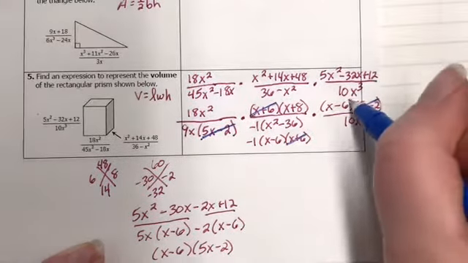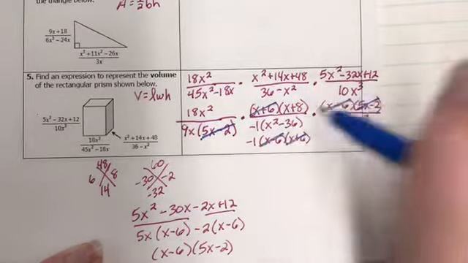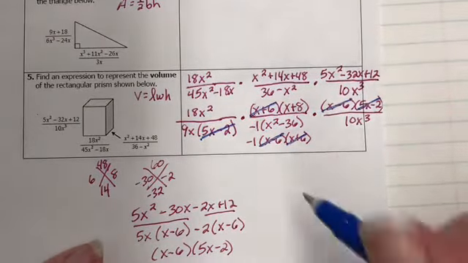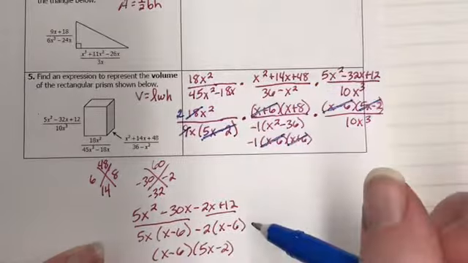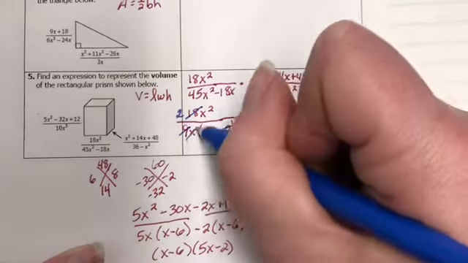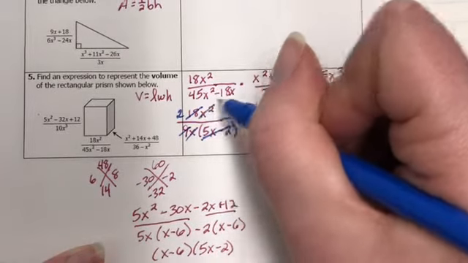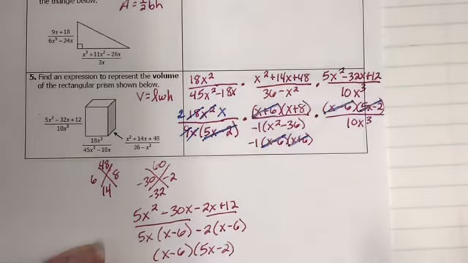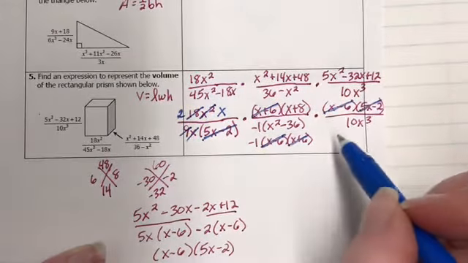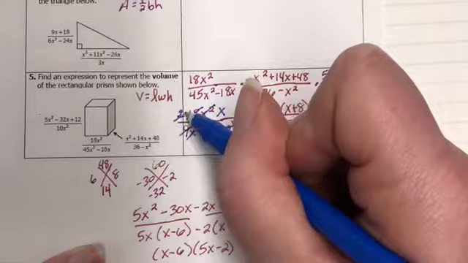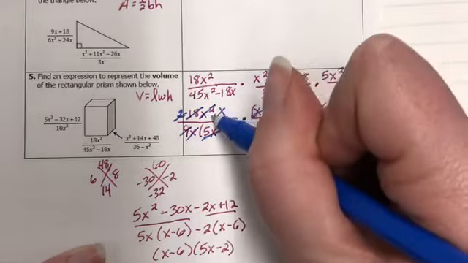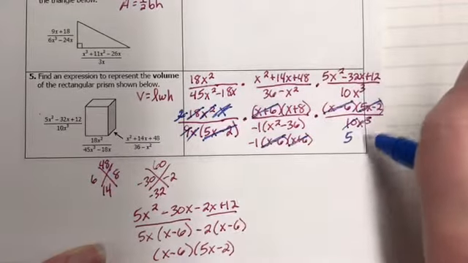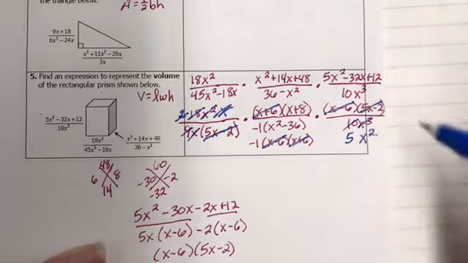The x minus 6 and the x minus 6 would cancel. 9 goes into 18 2 times. And this x would go into that x squared, and there'd just be an x left. 2 and 10 would reduce, and then this x would cancel with one of those, so there'd be an x